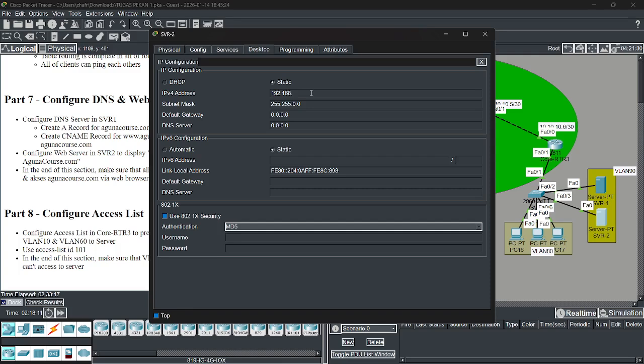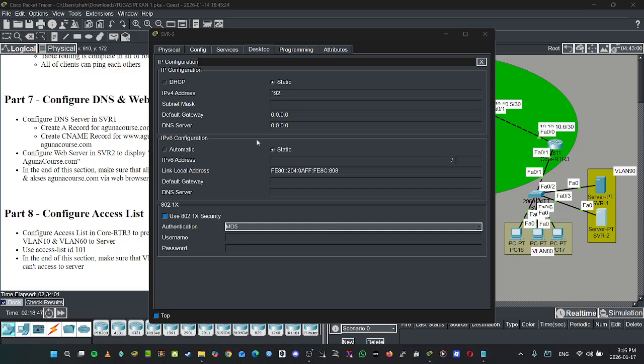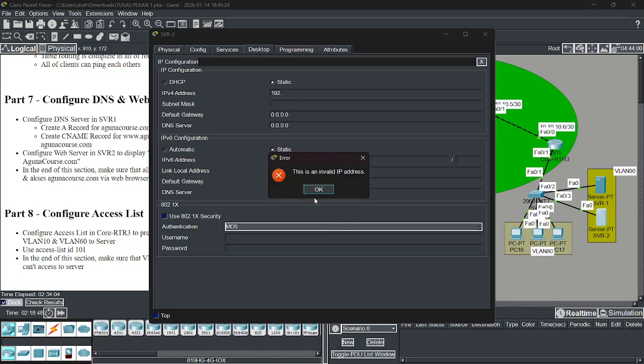Okay, and then 90.3. The IP address of server 2, 3.